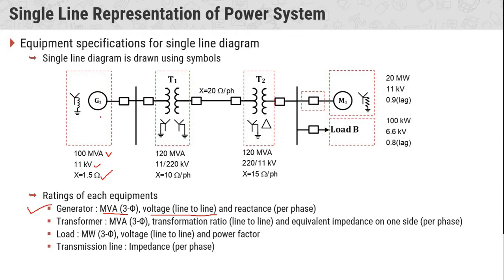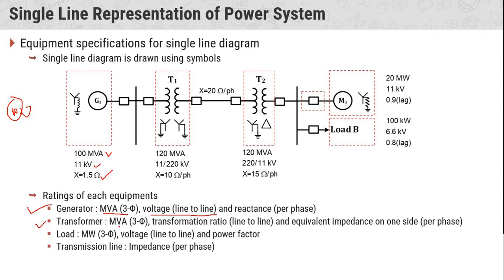If we indicate generator 2, then it is a circle noted as G2. Okay. Now the second one is the transformer. The transformer can be denoted by this symbol. The left side is its primary, and the right side is its secondary. These two symbols indicate that transformer T1 has its primary star connected with the neutral grounded. The secondary is also star connected with the neutral grounded.